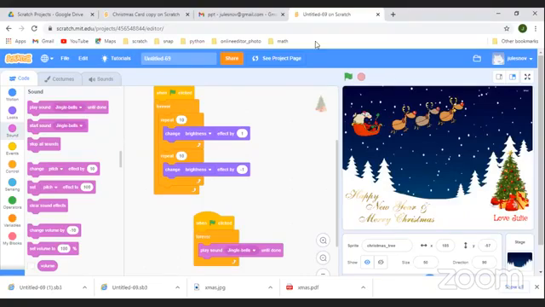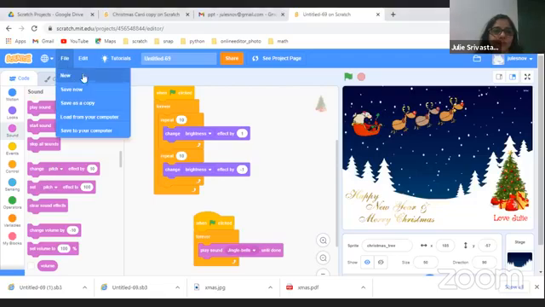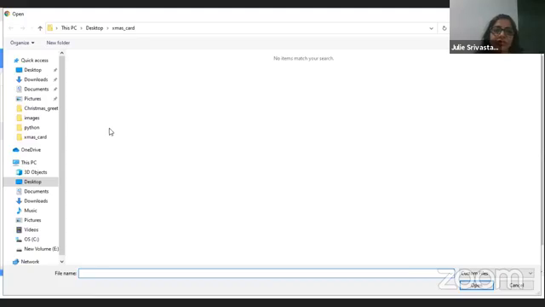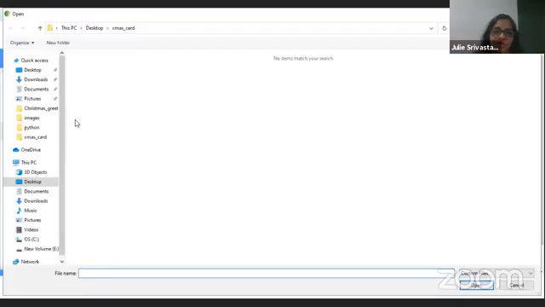Excuse me, ma'am. When I save my Scratch project on my computer, it is not opening. It will open with Scratch only. If you want to open it, you go to scratch.mit.edu, just like here. You go to File, and you say Load from your computer. Then you search for that program and load it there. And then it will open on Scratch.